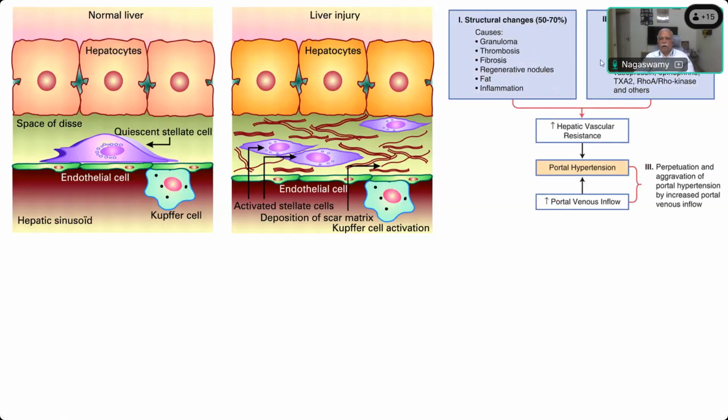The endothelial relaxing factor, that is nitric oxide, is reduced and endothelin is increased. So what happens? There is an increase in hepatic vascular resistance, which leads to portal hypertension, and there is increased portal venous flow also. And the third thing is perpetuation and aggravation of portal hypertension by increased portal venous pressure. So all these things lead to